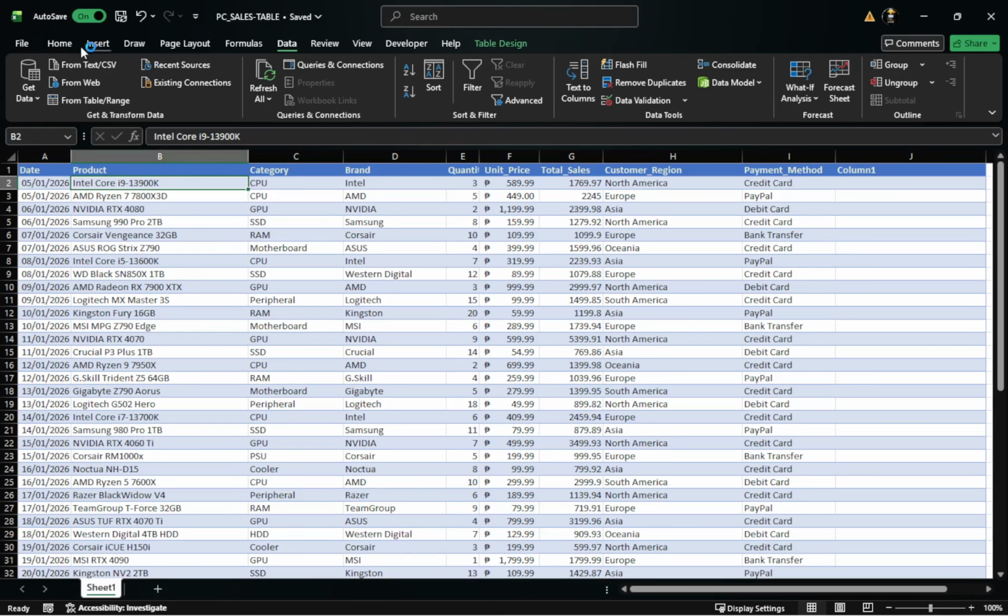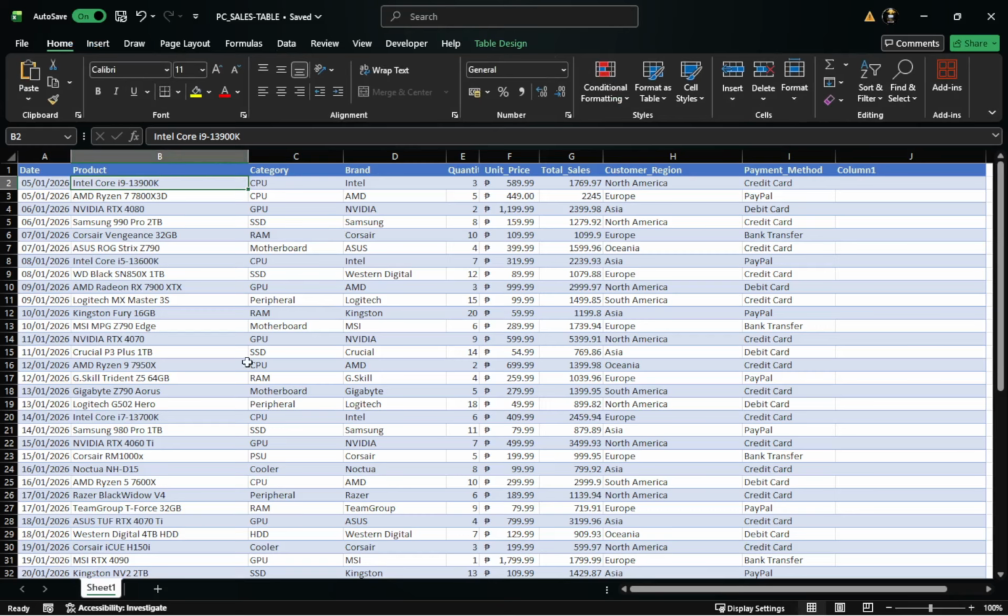Next, make sure your data has column headers. These are the labels in the first row, like date, name, or amount. If the top row looks blank or repeats real data instead of labels, filters will still appear, but the drop-down names will be confusing. A clear header row helps you know exactly which column you are filtering later.